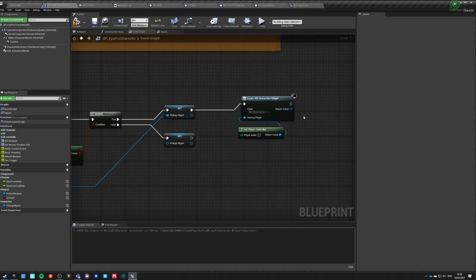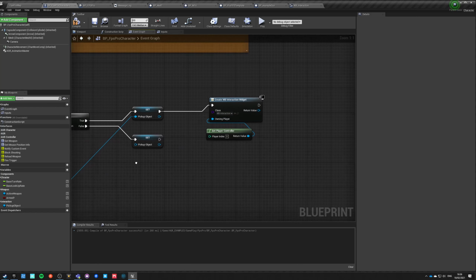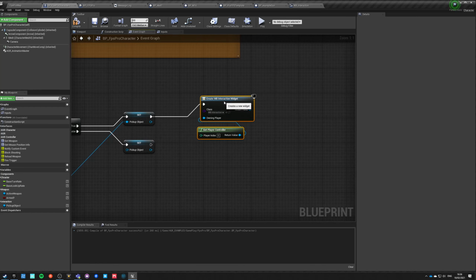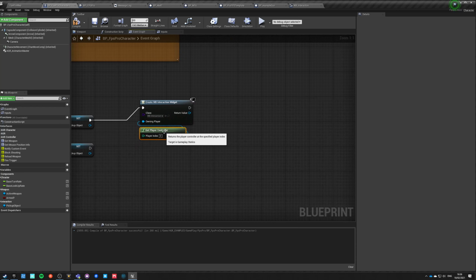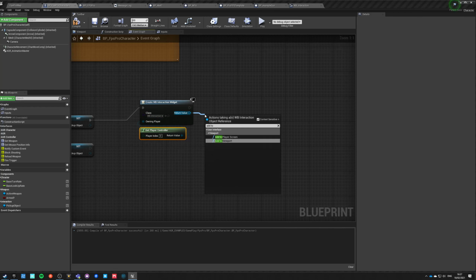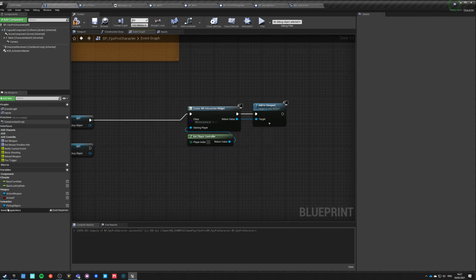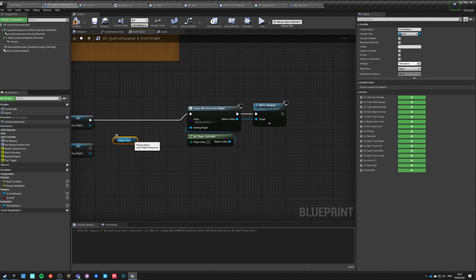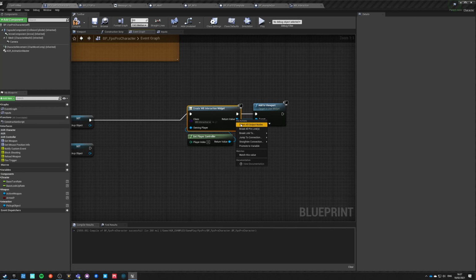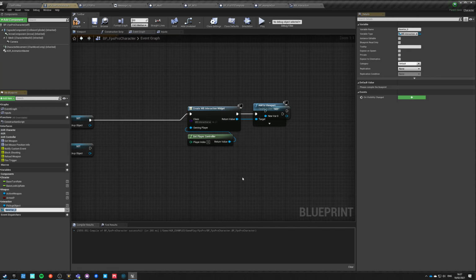So if we hit something, we do this, and we know that we are local players. We can get player controller 0, we create this widget, and then we add to viewport. However, if we already have it in viewport, we need to promote this to a variable and call it interaction widget.